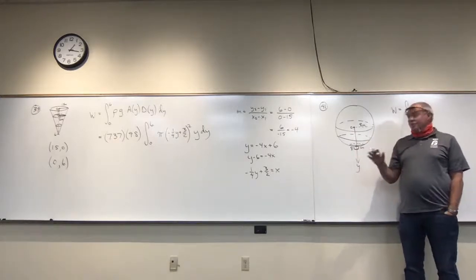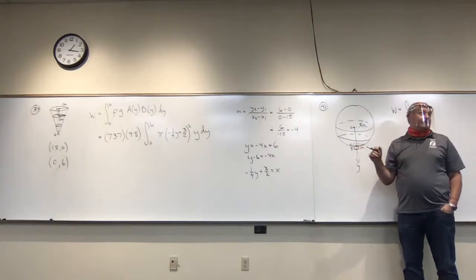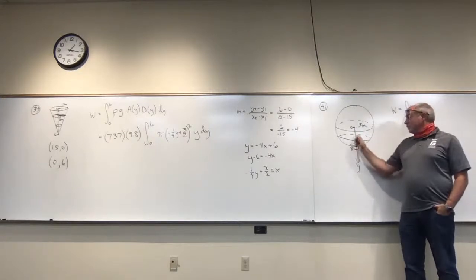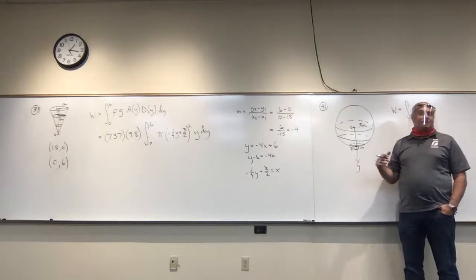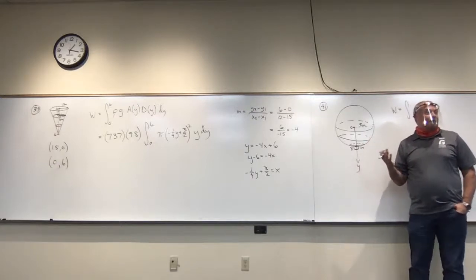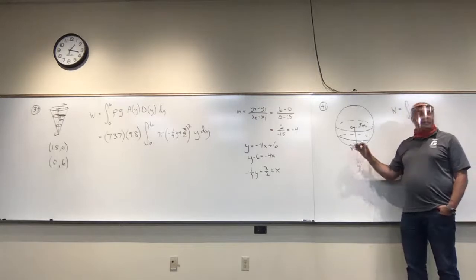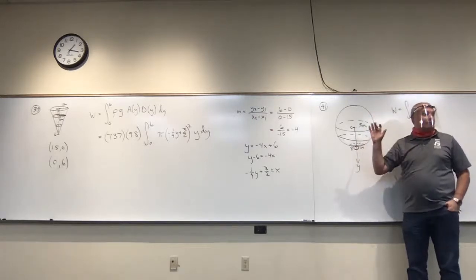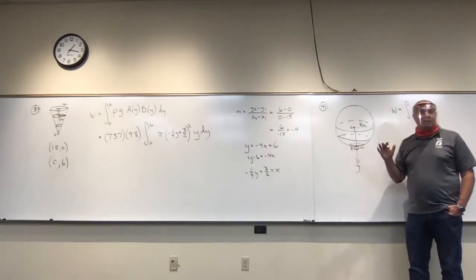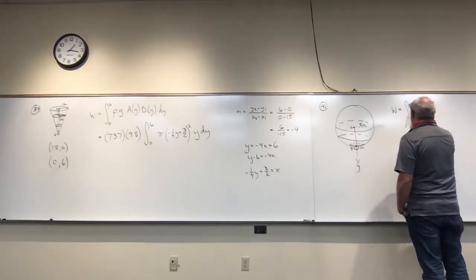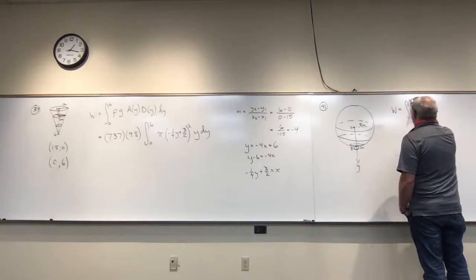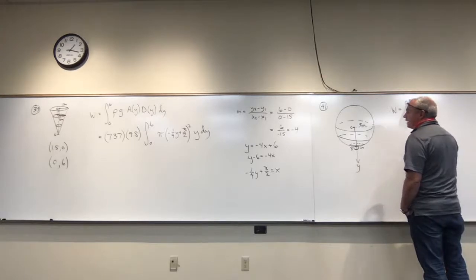I just want to be clear: I'm not going to do -8 to 8, I'm going to do 0 to 8, and consider this the point 8. I'm making this a positive axis going down, just because I like positive numbers. But you could make this -8 and it would just affect the integral a little bit, and that's fine. But let's just leave it like this. I think this is a little bit easier. So I'm going to integrate from 0 to 8,